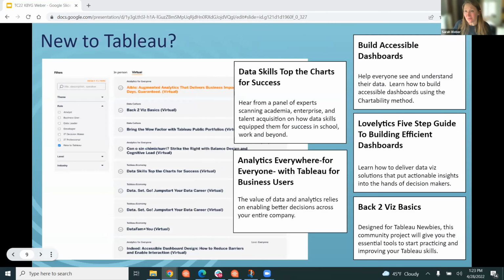New to Tableau, you can search for that. Look at all of these that show up when you say I'm new to Tableau. Some of the ones I've pulled out here are amazing opportunities. Don't miss it. If you're feeling like you're new, which so many people consider themselves a newbie for way too long, that's just one of the perspectives you can look at.